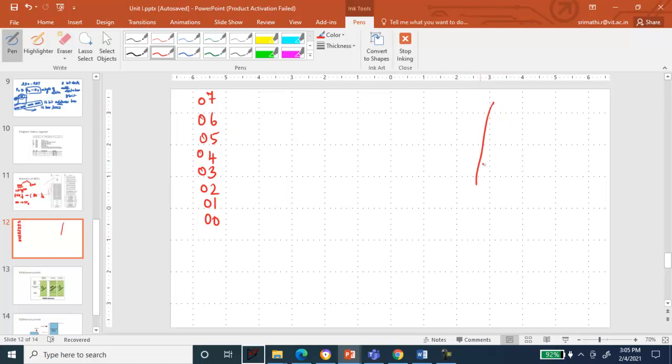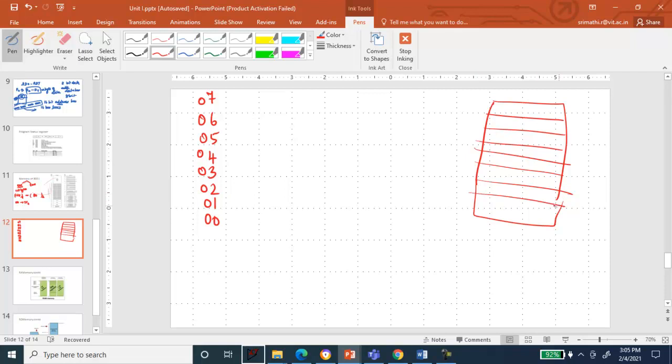Assume that the first page will be having n number of lines. Assume it as a ruled notebook. So you have a number of lines, right? Like this. This is the memory actually. So the lines are 00, 01, 02, 03, 4, 5, 6, 7. Entirely, these 8 lines